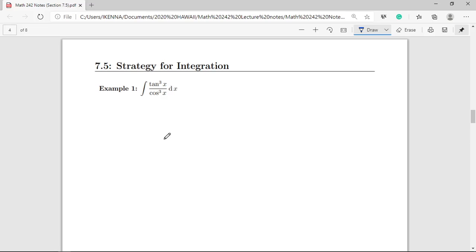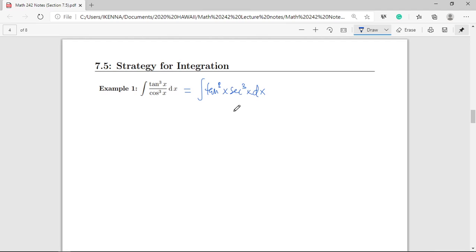So we'll be using various techniques that we've discussed earlier to evaluate some integrals and see how that helps us. The first example is the integral of tangent cubed over cosine cubed. Well, this looks scary somehow. You may try a u sub. U sub may help, it may not. But then recall that we can rewrite this to be the integral of tangent cubed x secant cubed